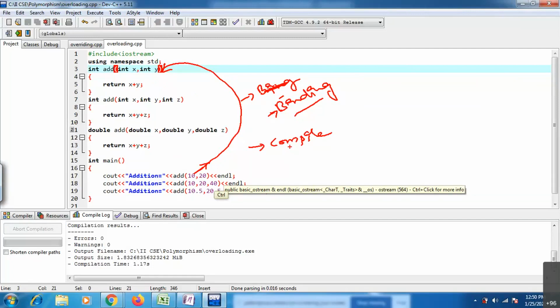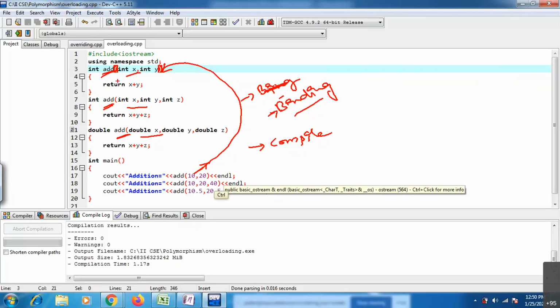See, I'm saying polymorphism. How can you say it is polymorphism? You can see the same function name doing different tasks, one thing that exists in different ways. One function is doing multiple tasks here. In this case, it is adding two integer numbers. In this case, it is adding three integer numbers. In this case, it is adding three double numbers. Means one function doing multiple tasks, existing in different forms, is called polymorphism.